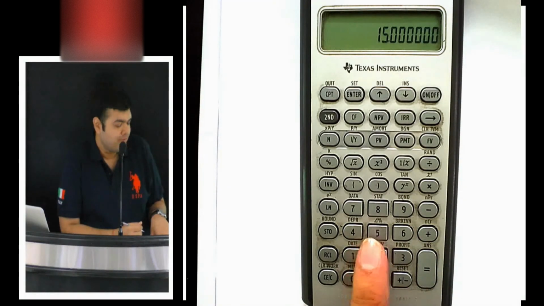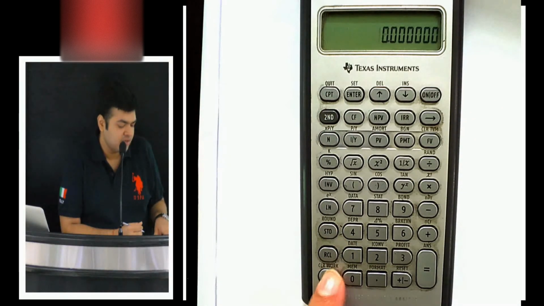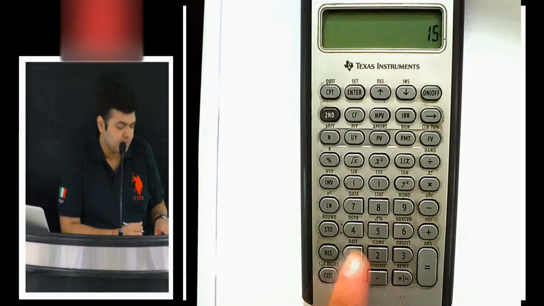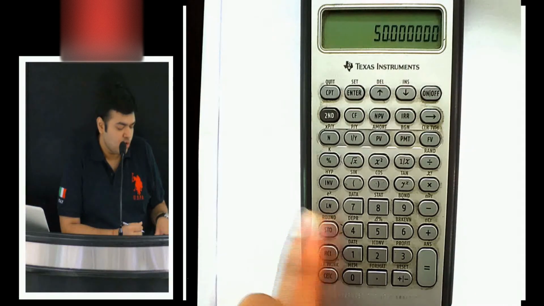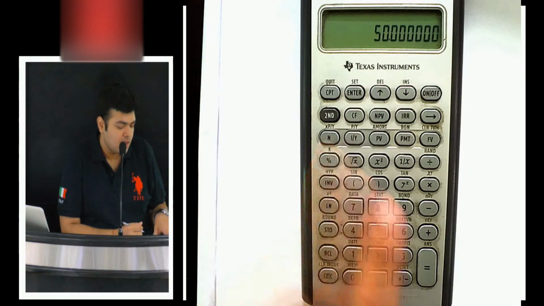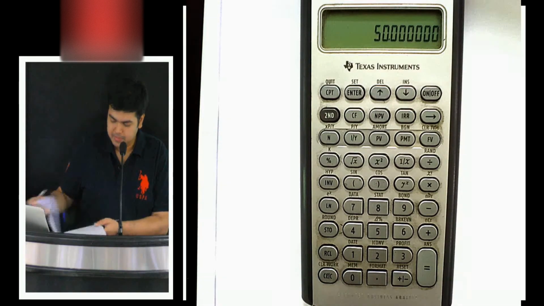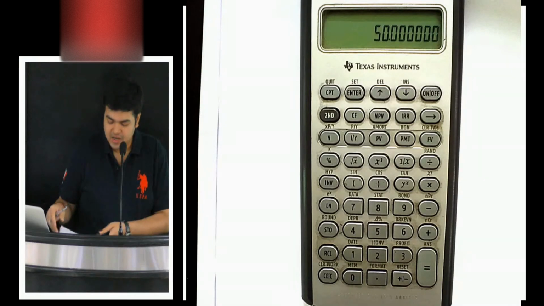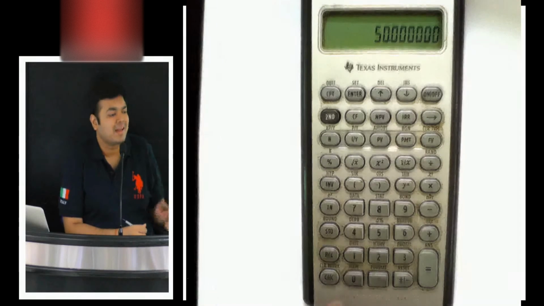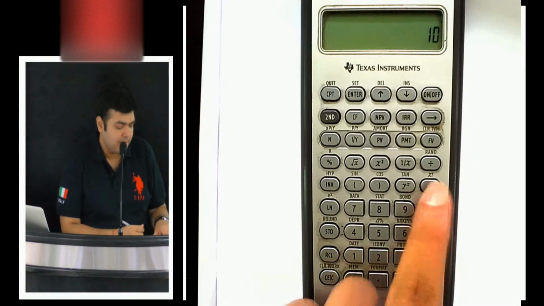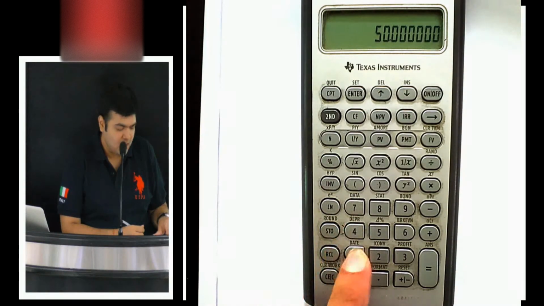Now suppose I did some calculation, 10 plus 5 equals to, and I got the answer 15. Suppose I did 10 into 5, 50, let's say. STO 1 equals to. Just a second, I think I'm going wrong. I do not use the store function that regularly. I'd rather use the brackets function. So suppose I have 10 into 5 equals to, I press STO, I press 1, enter.